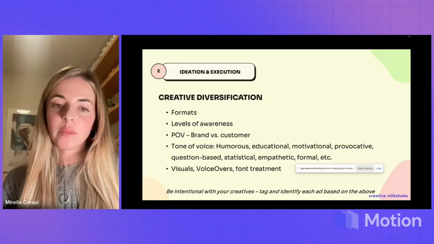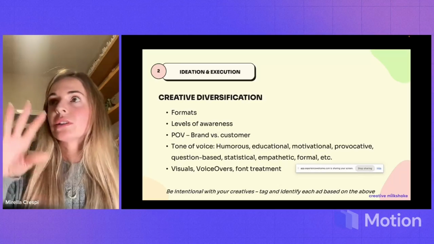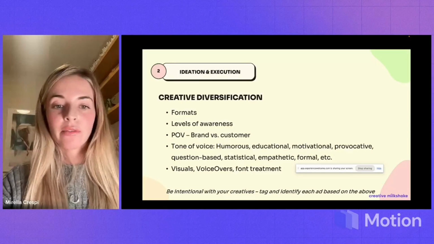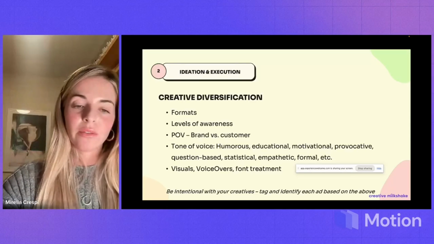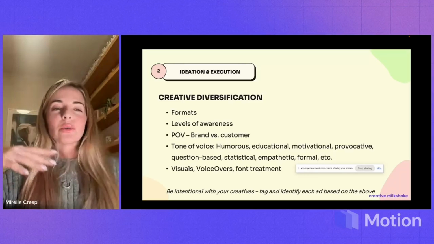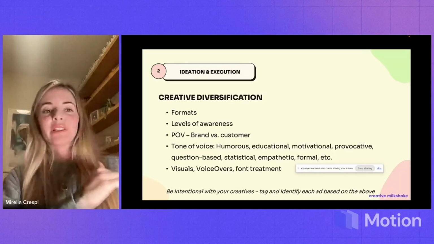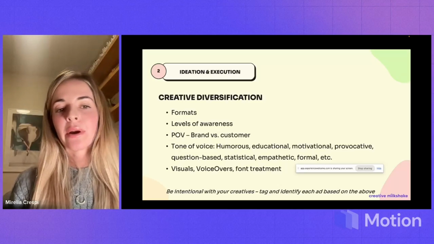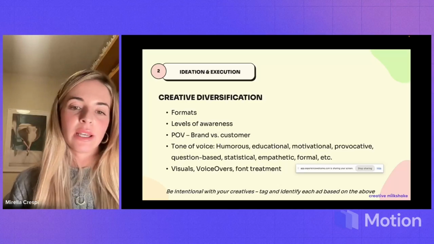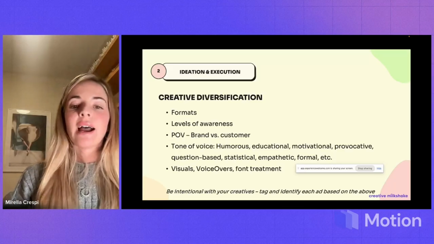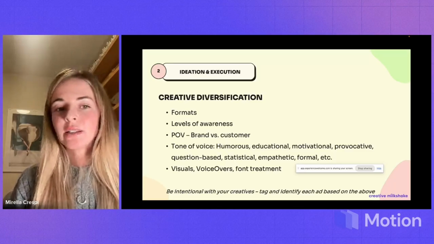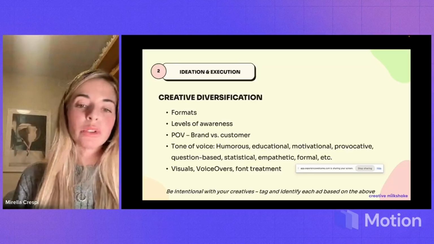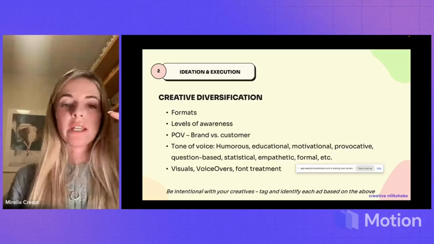And then font treatment, which is, do your ads always look super native and organic using the platform fonts, or are you testing branded fonts? Definitely testing both. So if you see what I mean, there are so many different levels of creative diversification, and it's important to play around with all of those, but being intentional about it and tagging and identifying each ad based on the list above, so that then you can use a powerful tool like Motion to start creating those